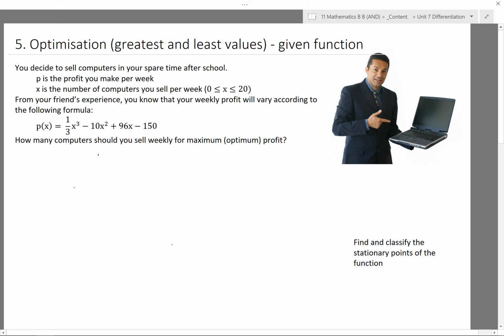I obviously can't make and sell any negative number of computers, but I'm also a school student, so I don't have unlimited time to be making these computers, so maximum I can make is 20 without affecting my grades. From my friend's experience, I know that my weekly profit will vary according to the following formula. So we've taken some data, found a line of best fit, and this formula describes how much profit we'll make for selling x computers. So the question is, how many computers should you sell weekly so that your maximum profit